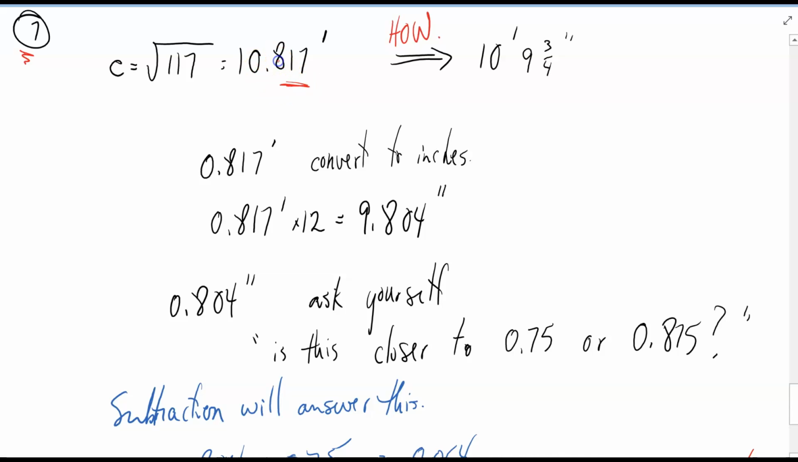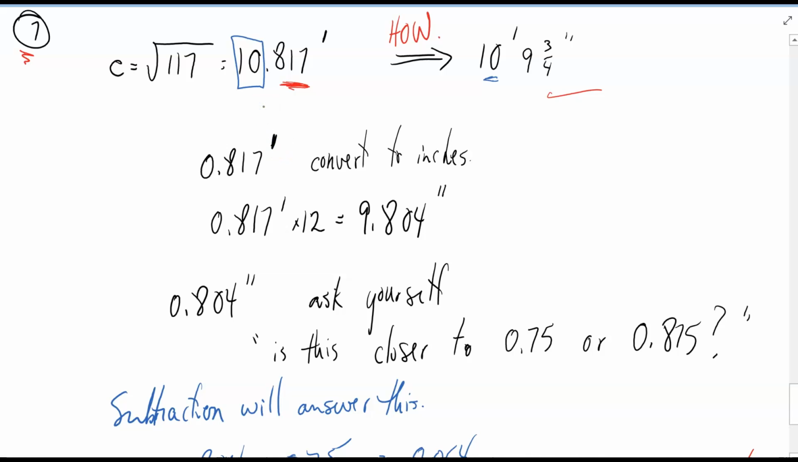It's this part here that we want to express in inches, and then even the partial inches, the nearest eighth of an inch. Okay, so how do we go, and this is the answer, how do we go from 10.817 feet to 10 feet, 9 3/4 inches? All right, so I know that the 10 feet is going to be used for my number of feet. So it's the 0.817 feet